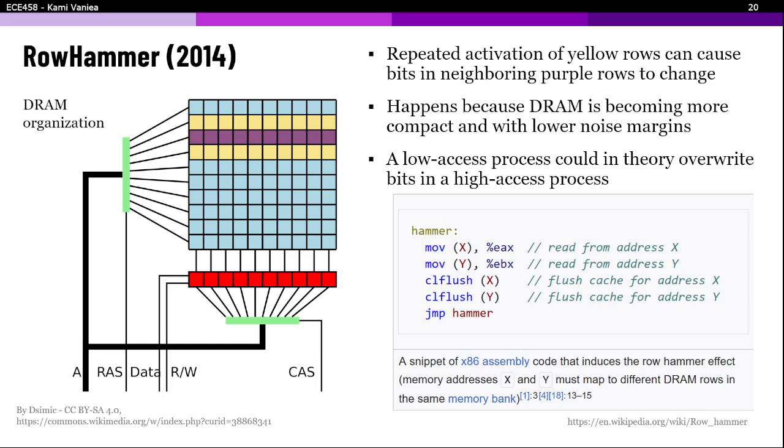See these two yellow rows? Imagine that you can get access to those two yellow rows. No, this is RAM, so these are two rows in RAM. You have access to two rows in RAM, and you just repeatedly write the same thing to them, over and over and over again. In fact, it basically says write to X, top yellow, write to Y, lower yellow, clear them both out, do it again. Just keep doing this really, really hard. You will change the content of the purple row.